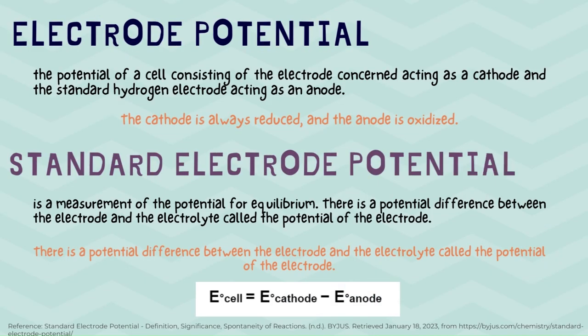The electrode potential is known as the potential of a cell consisting of the electrode concerned acting as cathode and the standard hydrogen electrode acting as an anode. The cathode is always reduced while the anode is oxidized. Standard electrode potential is a measurement of the potential for equilibrium. There is a potential difference between the electrode and the electrolyte, called the potential of the electrode. When unity is the concentration of all the species involved in a semicell,